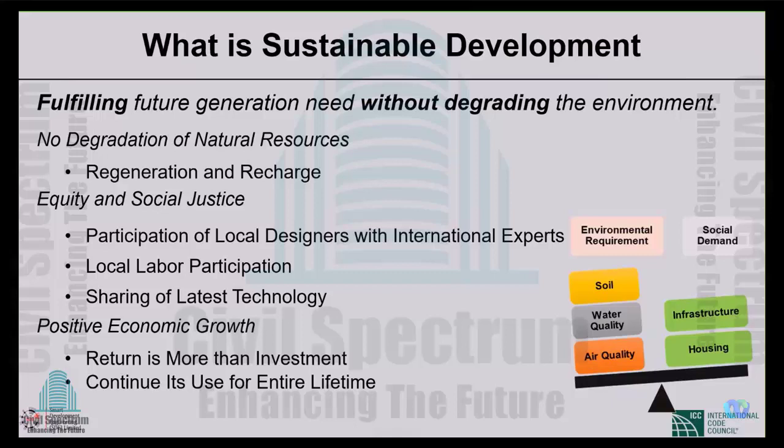So the first point is no degradation of natural resources. The recharge, the fluctuations of the groundwater, the major regulatory functions of flood or rainfall to recharge back the groundwater level, from where most of the people in Dhaka city get their drinking water. It is depleting now. It's going down, and we have to look at the recharge part. Also, we have to look at regenerations.